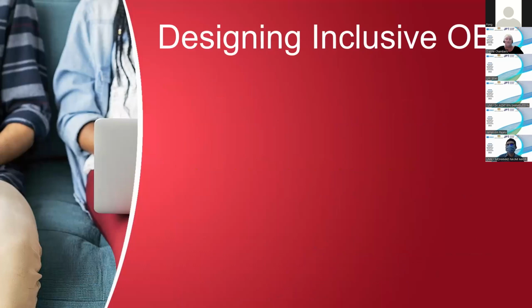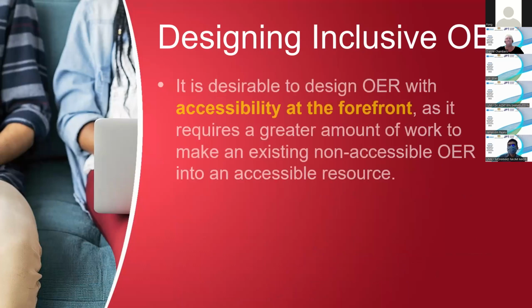So when we're designing inclusive open education resources, which is what you are going to be doing, it is absolutely desirable to design those resources from the start with those inclusivity aspects in mind. If I'm designing something that's going to go up on a website as a PDF, for example, and I'm writing that in Word before I convert it to PDF, I can make sure it's accessible in Word before I even convert it. It's much easier to do that than to try and make something accessible once it's been created. So we're really going to start thinking about this in advance.